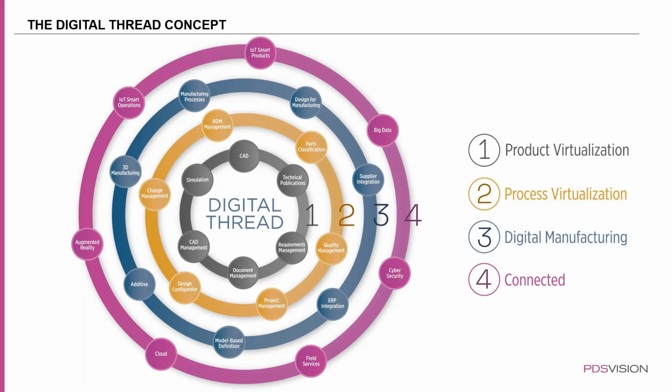So the way the digital thread works, or how you would normally approach it, is that it's got 4 rings. The inner ring is basically where you would start with implementing a digital thread. This is where you go in and manage your CAD data, your documentation, and things like requirements management. And you do that in the first inner circle. And as your product or your tool matures, you'll then branch out into ring number 2 here, where you start using your